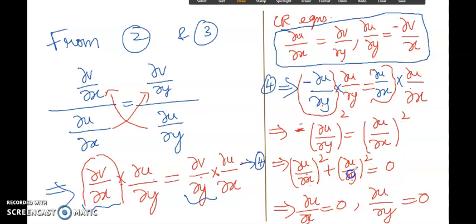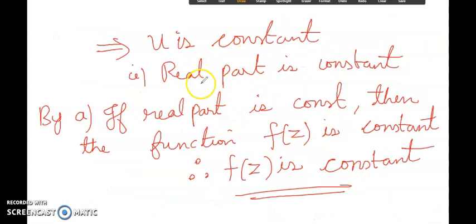Adding these two terms we get 0, so the first term is equal to 0 and the second term is equal to 0. Since the derivative is 0, we say u is a constant function. u is constant, the real part is constant, therefore f(z) is constant. If the real part is constant, then the